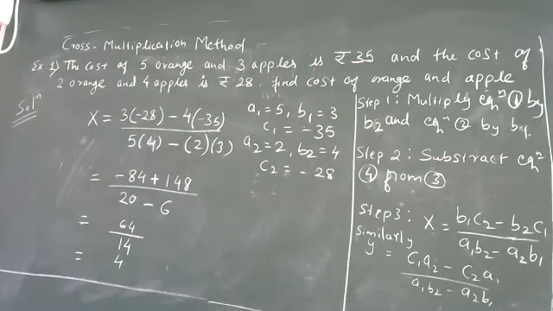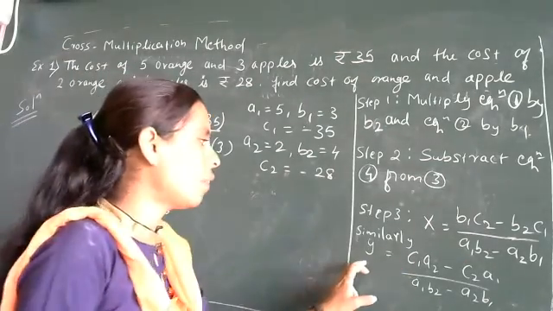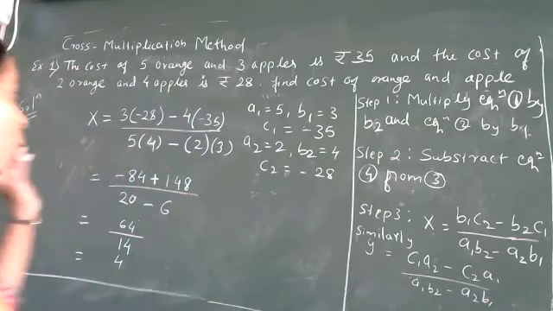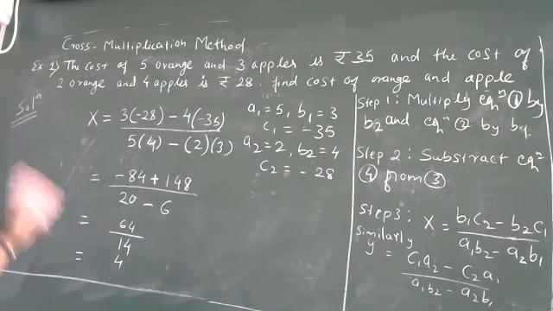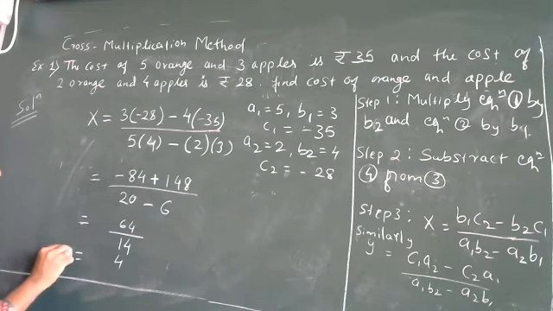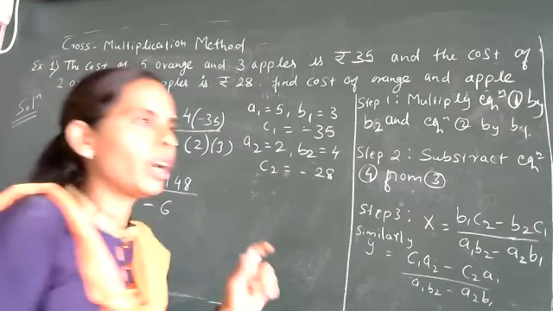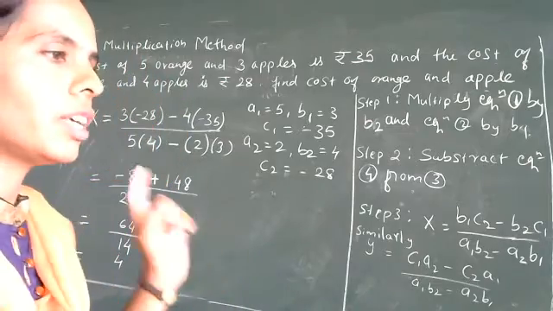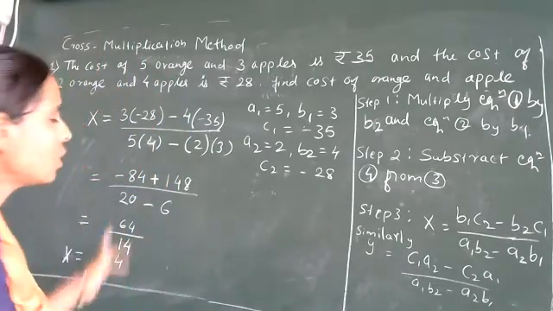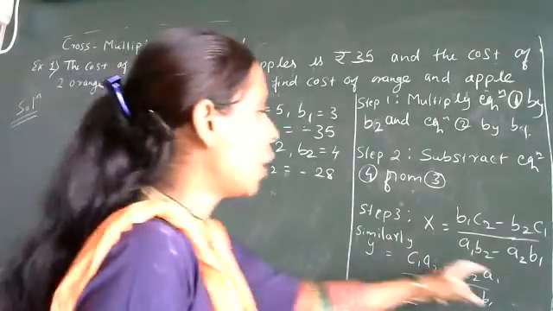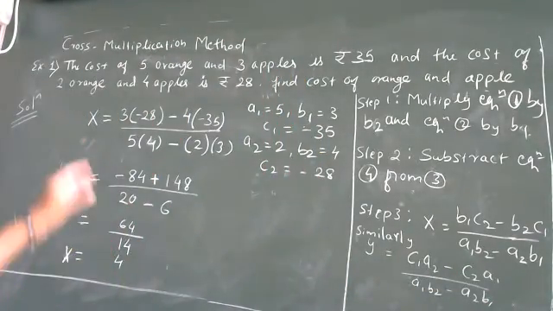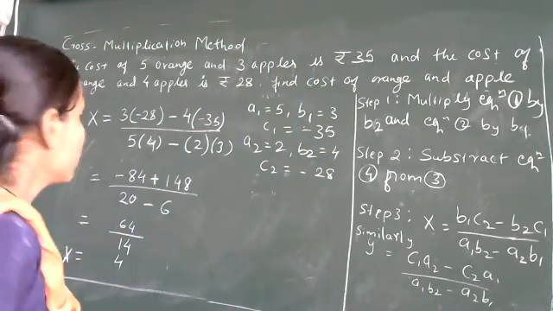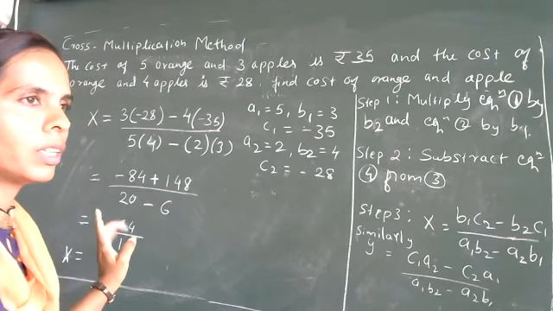Now, with this method we have to find the value of y using this. But if you are following the elimination method, what are we going to do? We will put the value of x in any one of the equations which are already present in the given equations, that is, whatever algebraic equations we formed as equation 1 and 2. But here, as we are following this method, we have to find the value of y with this. So how can we do that? Same, we have to put all the values. Is it clear?